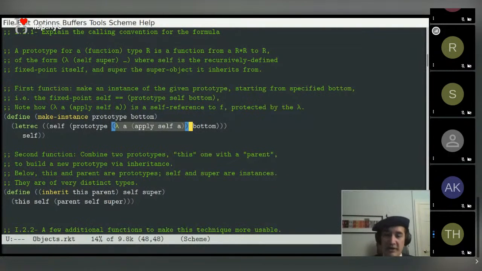If Scheme were a lazy language, such as Nix or Jsonnet or Haskell, you would not need this lambda. You could write self here, but because Scheme is applicative, you need to protect. Otherwise, this will bottom. Self is prototype of self bottom. This would not work. So basically, self is a fixed point of prototype self bottom. You return that. And inheritance is even simpler,